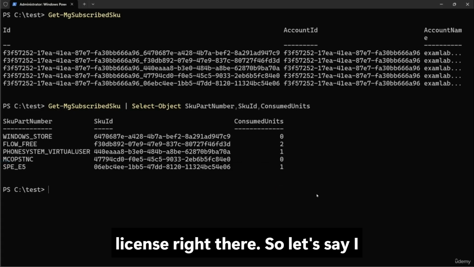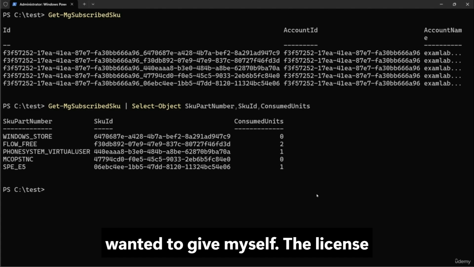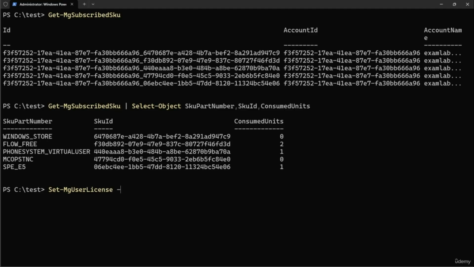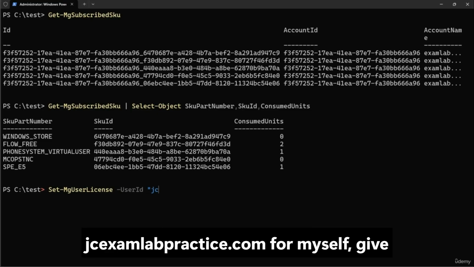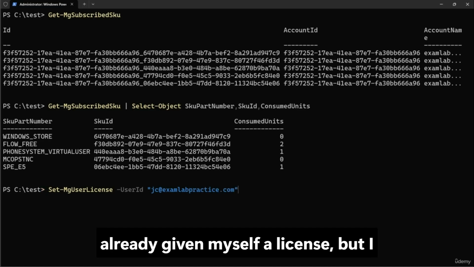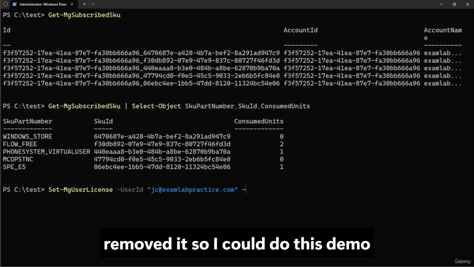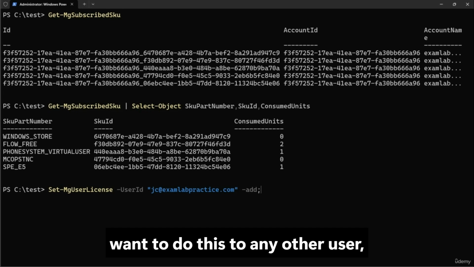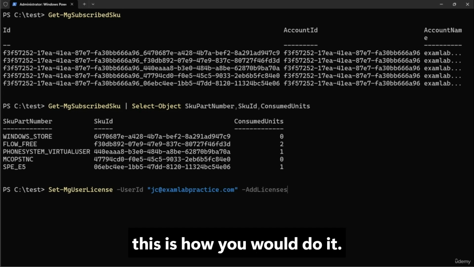So let's say I wanted to give myself the license, or Justin Blakely or whoever. I could type this command, Set-MgUserLicense -UserId, and then I'll put in jc@examlabpractice.com for myself, to give myself a license. I actually had already given myself a license, but I removed it so I could do this demo. But if you want to do this to any other user, this is how you would do it. So -AddLicenses, and then we'll do